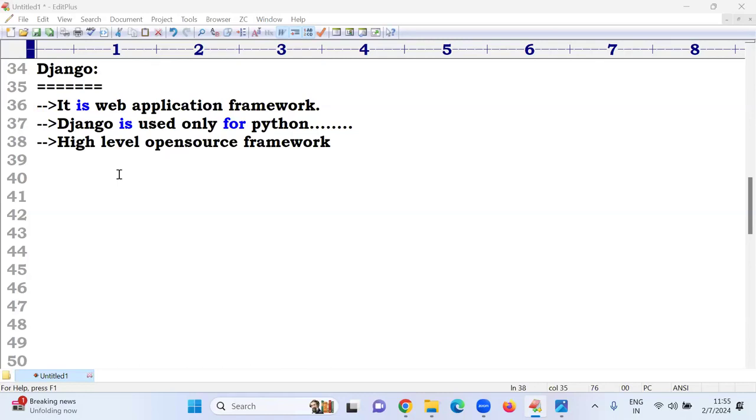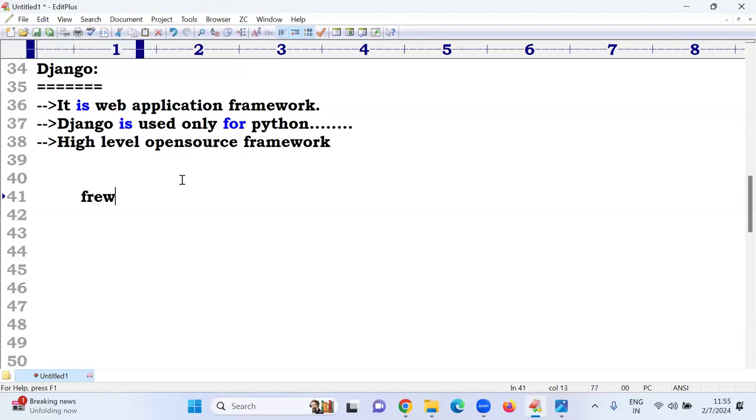Suppose if anybody knows about Linux, Linux is also open source. In Linux, multiple flavors are there, Red Hat and Ubuntu, different flavors. So here also, if I'm not happy with any feature, the source code will be open and you have to customize it. That is called open source.